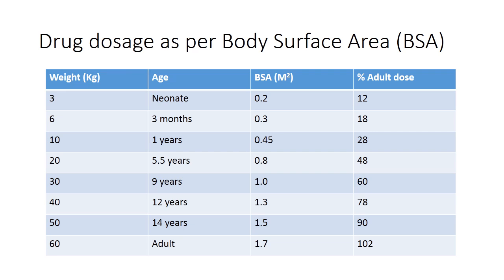Surface area formula and tables are available and it will be prudent to use them whenever there is difficulty. For example, a 1 year child weighing 10 kg would have approximately half of the body surface area of the adult. Therefore, the dose would be 28% of the adult dose. This has been calculated according to the formula and tabulated. So, for 5.5 years, 50% of the adult dose would be required.